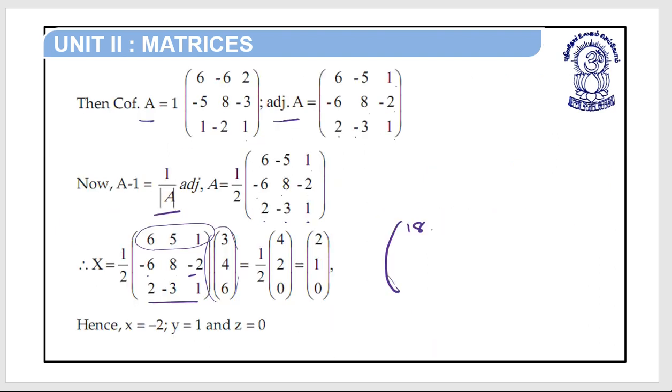Okay, so 6 3s are 18, 4 5s are 20, 1 6 are 6, minus 6 into 3 minus 18, 8